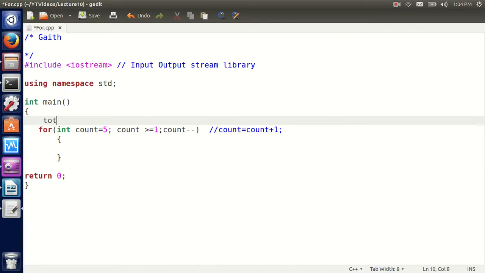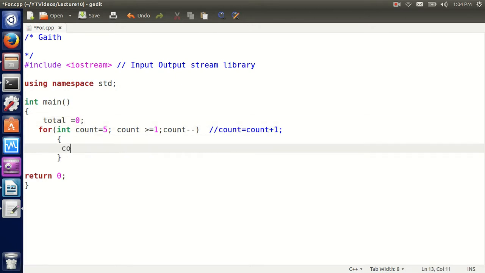So I'm going to declare total equals 0, and here I'm going to calculate. First thing, I'm going to have count equals 5. So I'm going to say total equals total plus count,